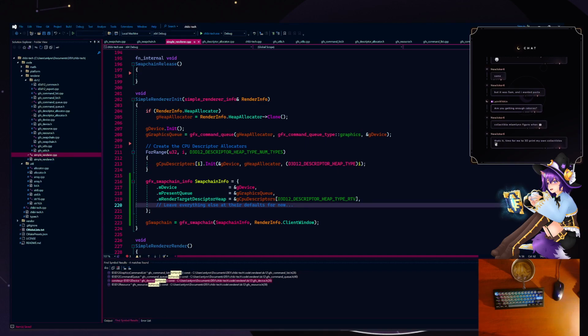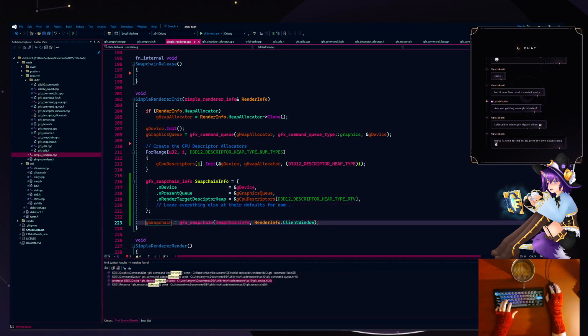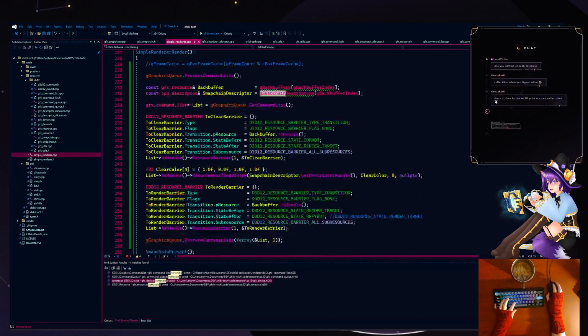So that should get our swap chain going. And it just leaves